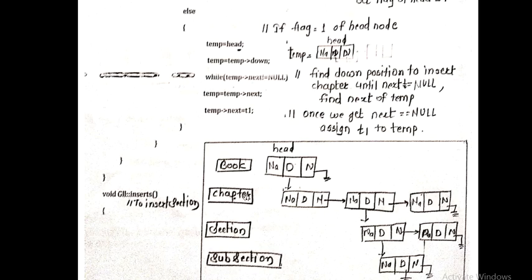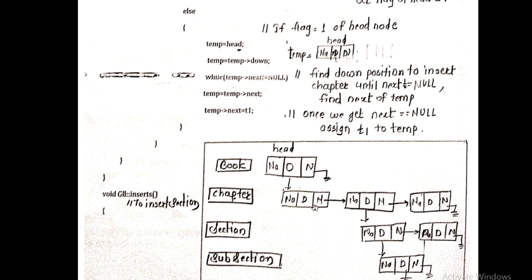Now after the chapters, what we have to insert? After the chapters we have to insert the sections, right? After the chapters we need to insert the sections. Now to insert the sections we are calling the function insert section, insert_s, of the return type void, and as it is a function of GLL, we are using the scope resolution operator with the class name GLL, and in this way we are going to insert the section under the chapter.